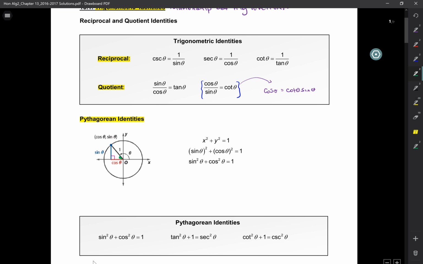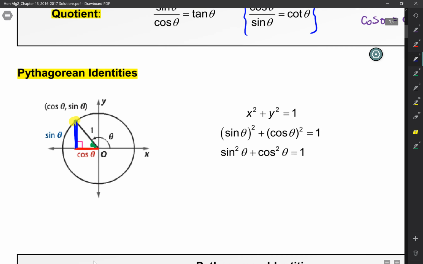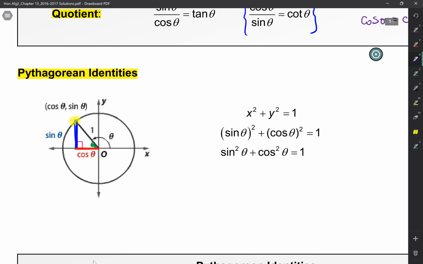that angle intercepts the axis at that point. So how do I get to that point? I have to go an x amount along the horizontal axis. I have to go up a y amount along the vertical axis. So to get to that point, I have to go a horizontal distance of x and a vertical distance of y. Now, if I were to find that radius,